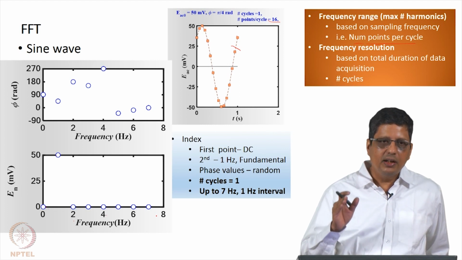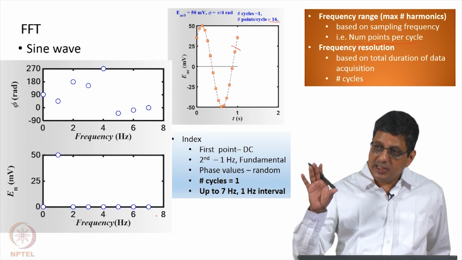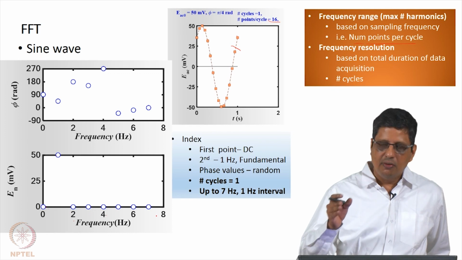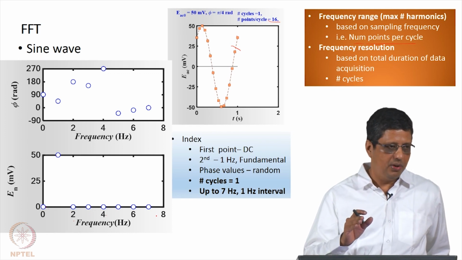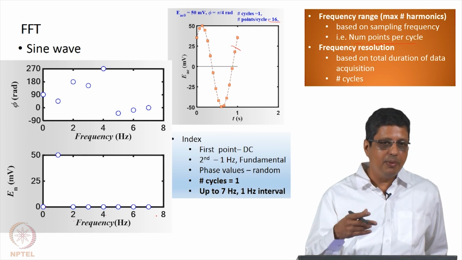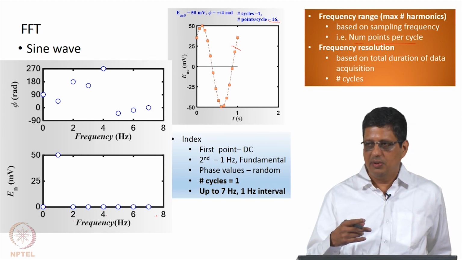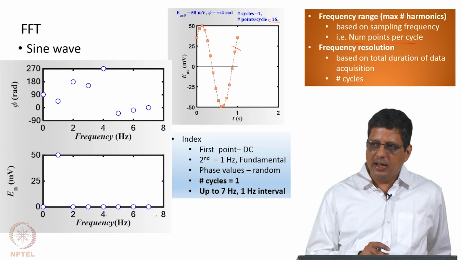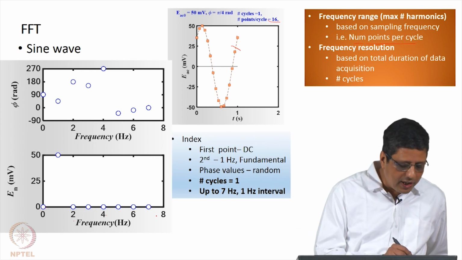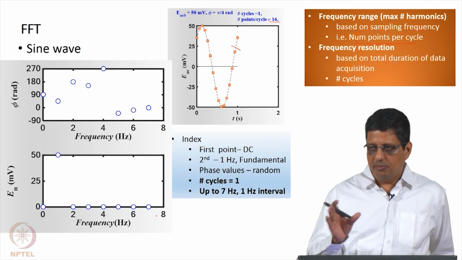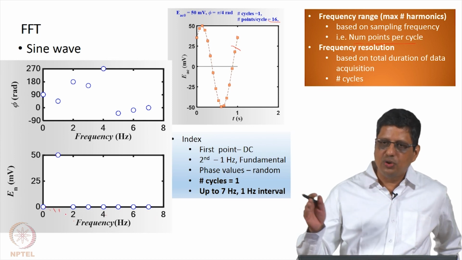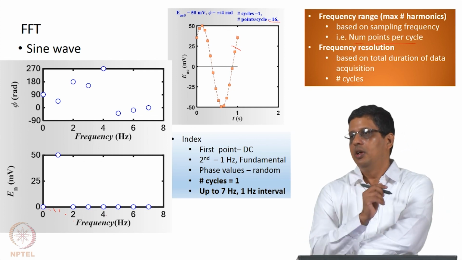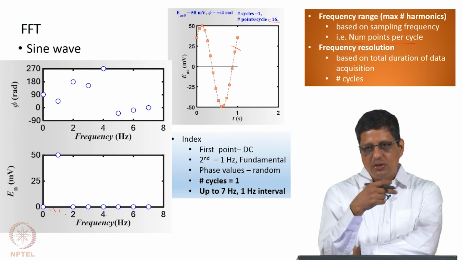You cannot say sample every 100 seconds for 1 year. The chip size may be sufficient, but the chip also has a limitation on what is the maximum sampling frequency it can handle, what is the minimum sampling frequency it can handle, and you can't exceed that. Synchronization will not happen by sending it from the operating system. So time interval is done at the chip level. So you can't say I want many harmonics and I want fine resolution. Up to some level you can do that within the limitation. It is not that you have a lot of storage and I do not mind waiting for a long time, but every minute take data and tell me that; you can do that, but you lose accuracy if its command is going from the operating system.